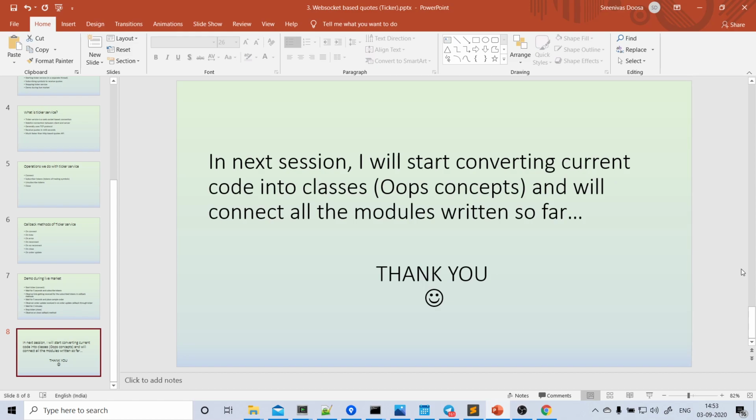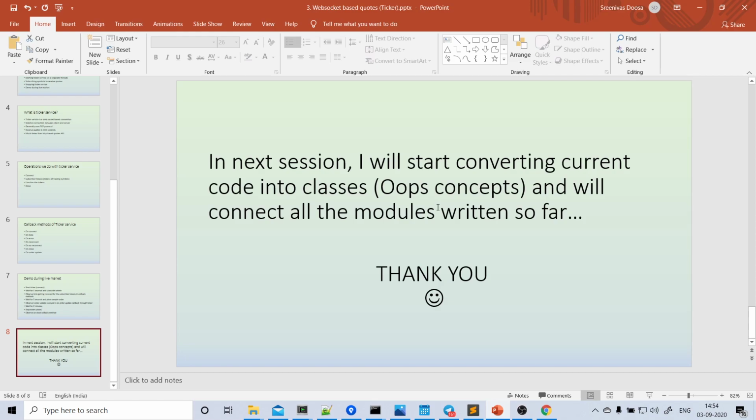For that matter, we need to write it in a proper way, using object-oriented programming concepts, that is OOPS. I will modularize the code in classes, each class having its own functions. First I will convert the existing code into an object-oriented design.